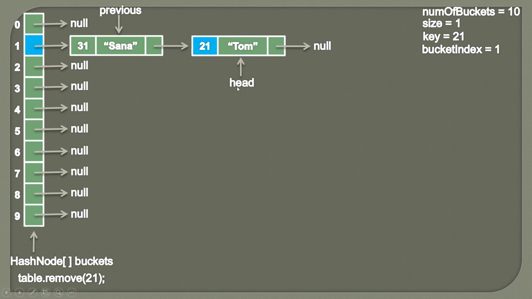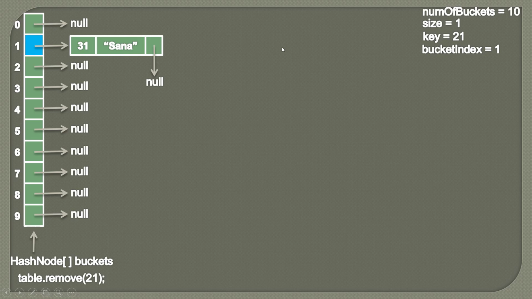So what we do is, head.next will point to the nodes after that. So we simply assign head.next value to previous next. So instead of previous next pointing to head, it will now point to head's next. So this node can be freed up. So it would look something like this. This link will go away, and as head.next is pointing to null, it will point to null. So now this hash node can be removed easily. We will return the value Tom, and then we will simply remove it.